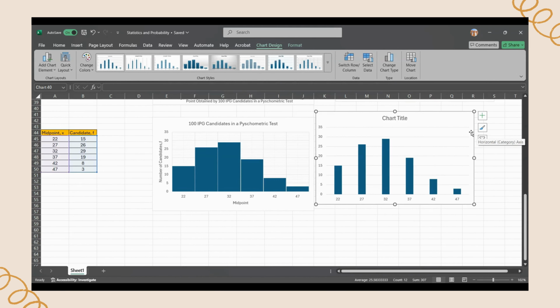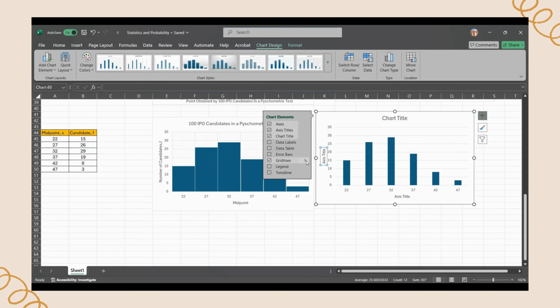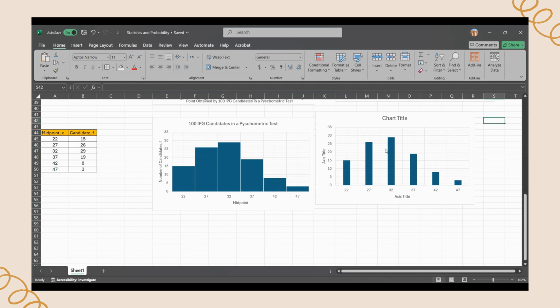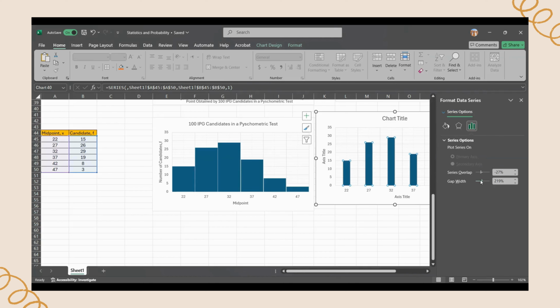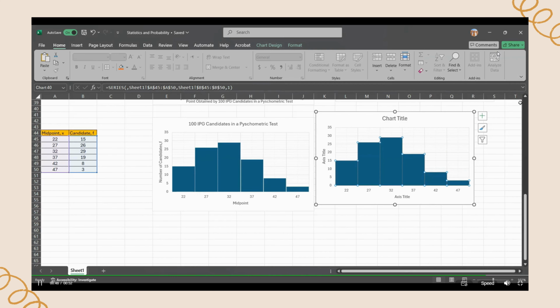Then, we click the plus button and click the axis title and grid line and tick all. Okay, next we right click on the bar and choose the format series and adjust gap width to 0%. So that's all how to do histogram.